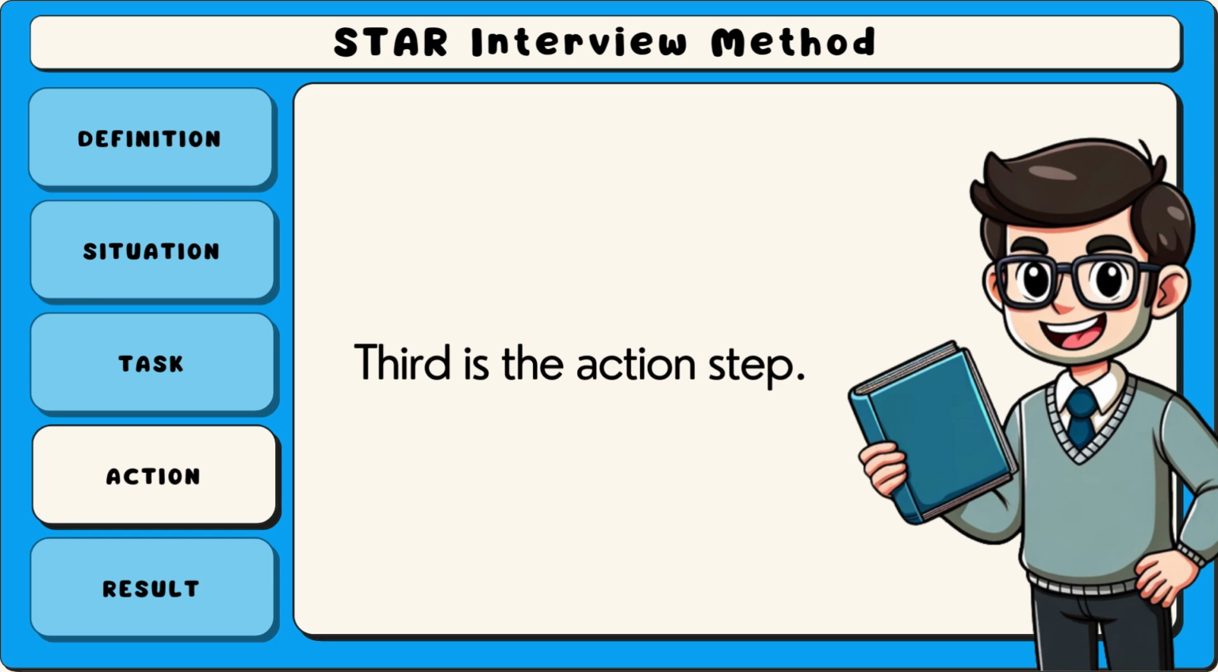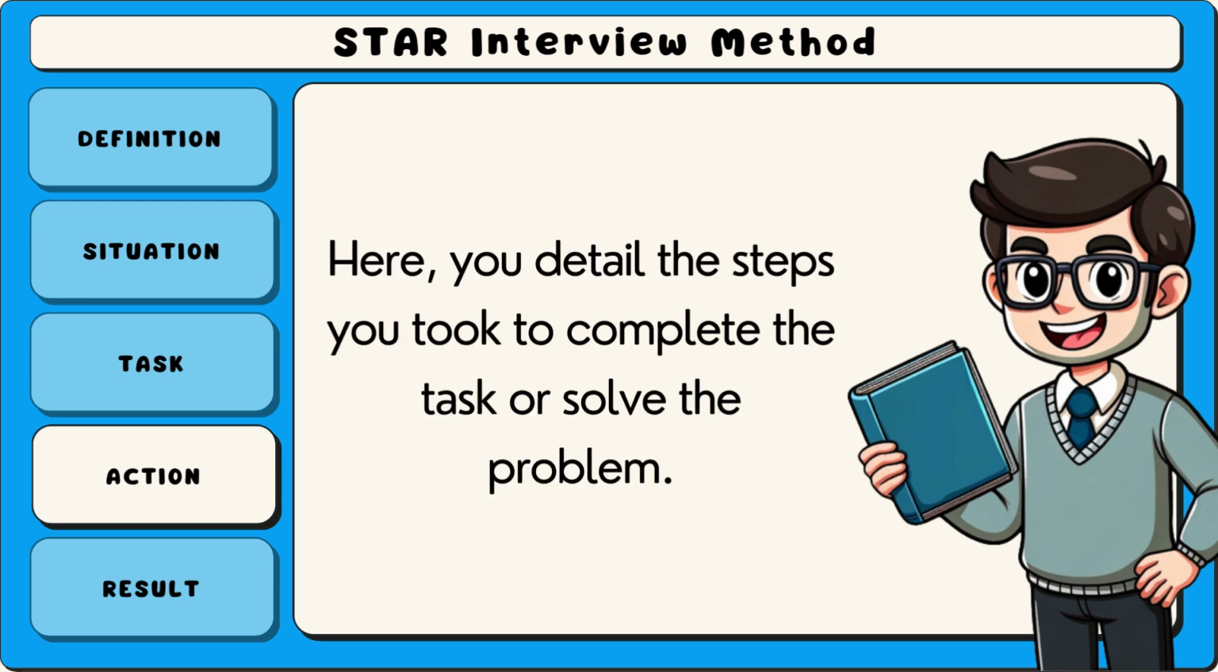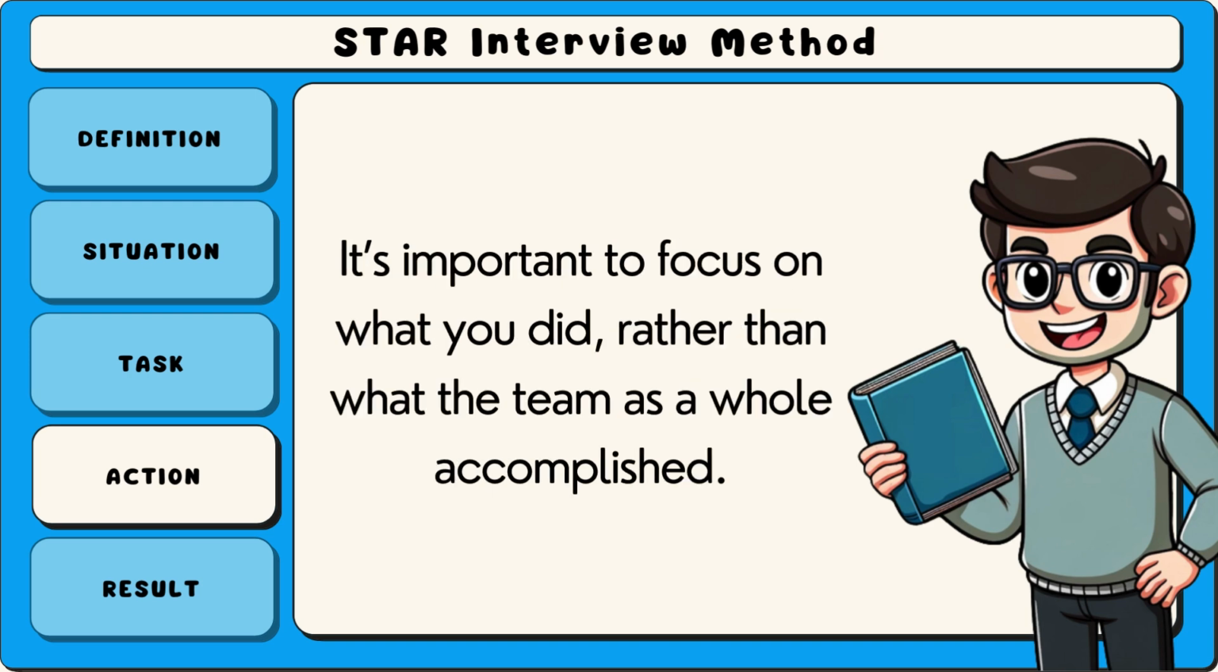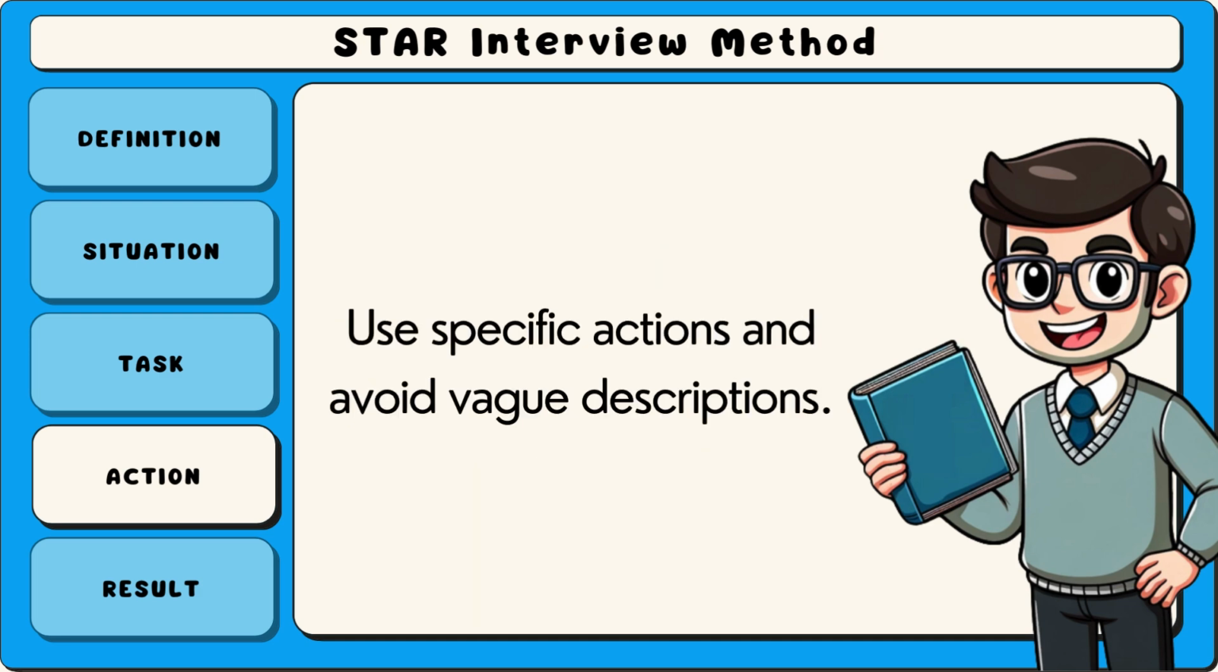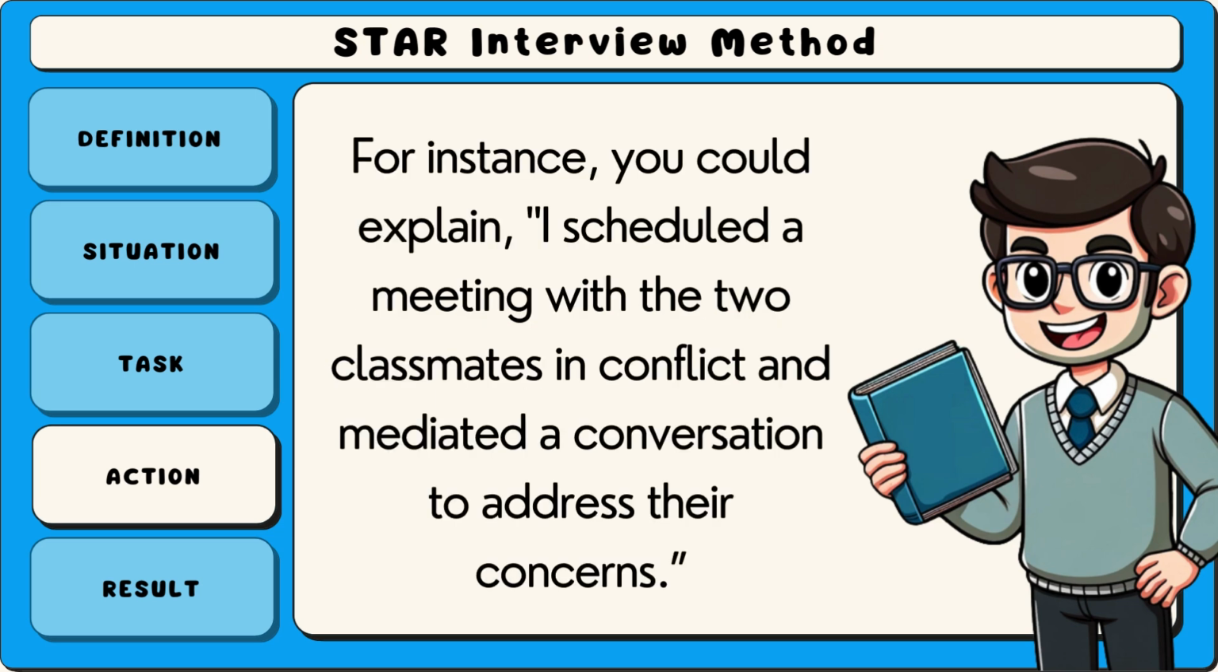Third is the action step. Here you detail the steps you took to complete the task or solve the problem. It's important to focus on what you did rather than what the team as a whole accomplished. Use specific actions and avoid vague descriptions. For instance, you could explain, "I scheduled a meeting with the 2 classmates in conflict and mediated a conversation to